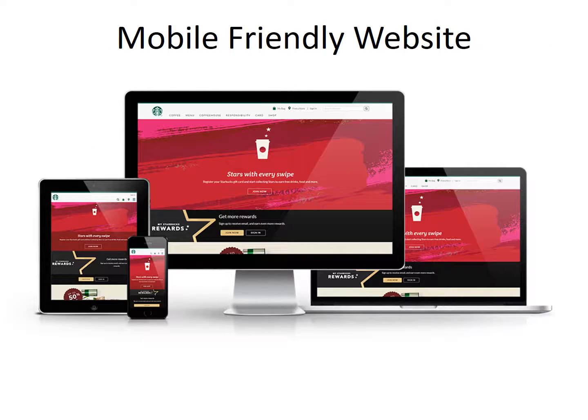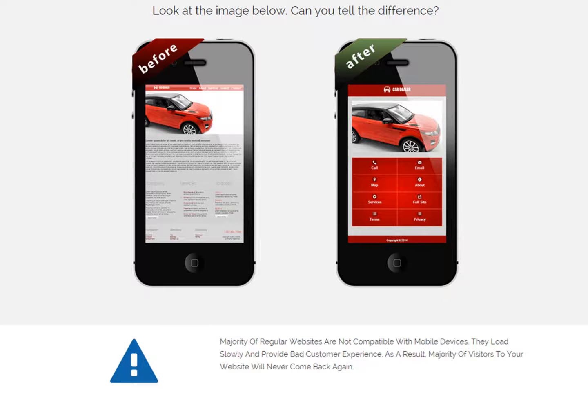Mobile friendly websites, very important. A lot of business owners think that because they've got a website and it shows up on a desktop, it'll show up okay on a mobile device. That isn't necessarily the case. For instance, if you look at the image on the left, you can see the picture of the car, but can you see the text? It's very difficult to read. You've literally got to pinch and zoom,